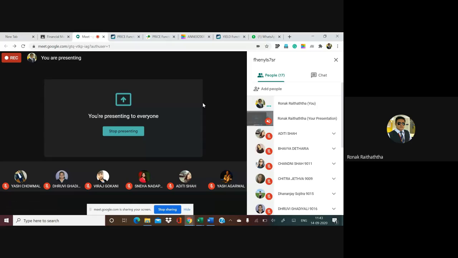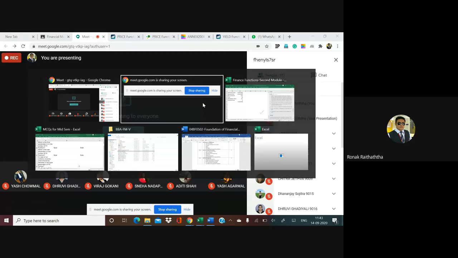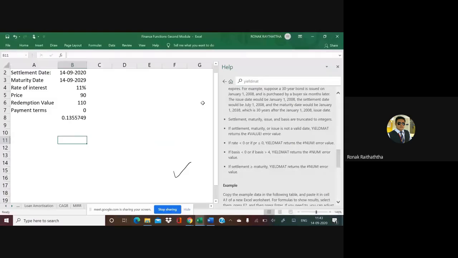Now, the concepts that you are going to complete today are related to the bonds. Bonds, the valuation of the bond, intrinsic value of the bond, yield to maturity of the bond, understanding how the bonds are operating. The mathematical manual calculation we have done till now in our books with the pen. But today we are going to do it by applying the functions in MS Excel to solve those questions.